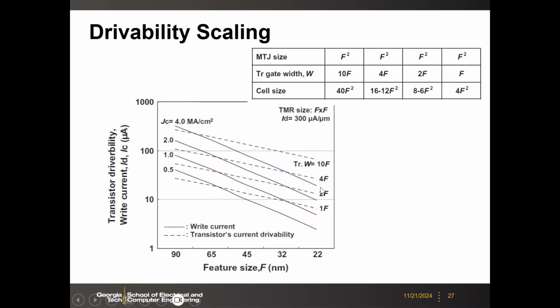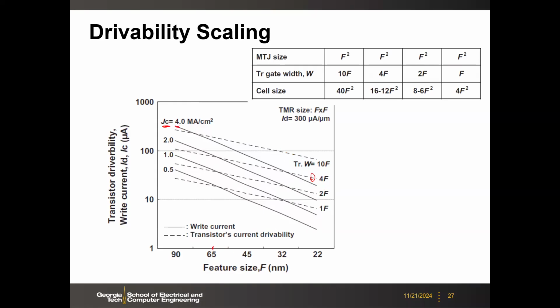Assuming the transistor current density is the same for different technology nodes, then the transistor drive current actually will be, for example, if the JC is 4 megaamp at, let's say, 65